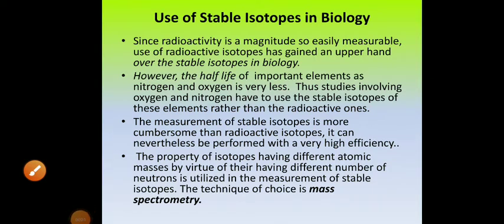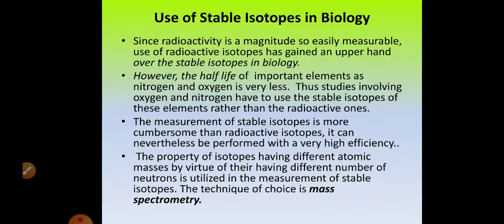Good afternoon, dear students. In the last presentations about isotope tracer technique, we discussed what radioactivity is, what the units of radioactivity are, and how radioisotopes are measured by using a Geiger-Müller counter, and by using scintillation counters like the solid scintillation counter and liquid scintillation counter. The advantages and disadvantages of the Geiger-Müller counter and scintillation counter, that also we have discussed.